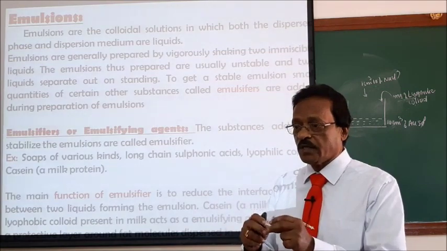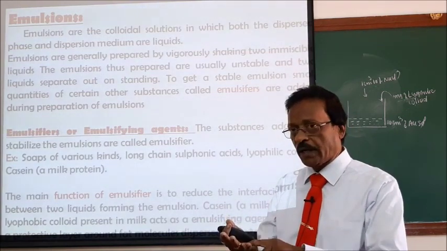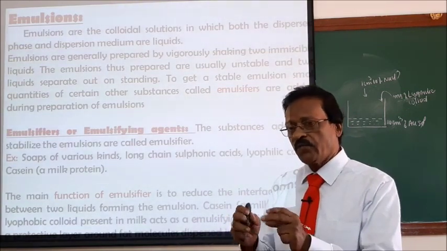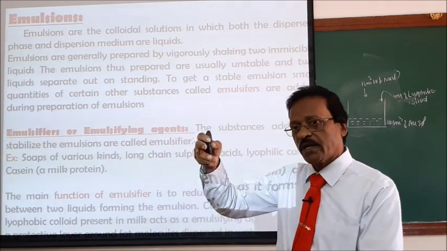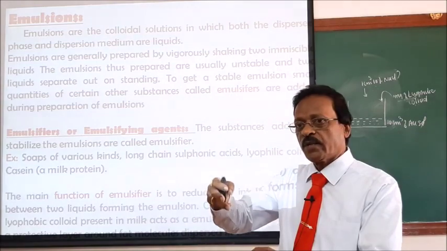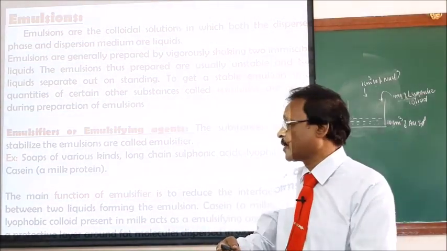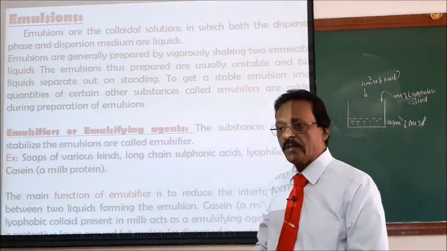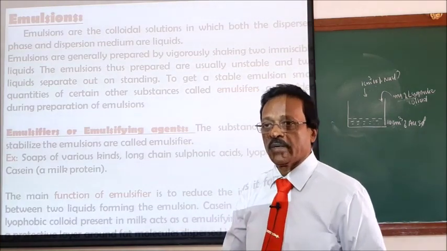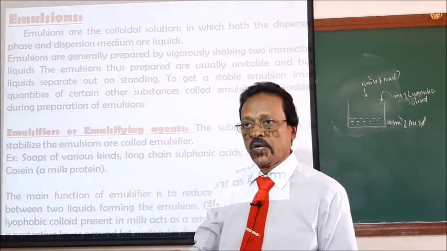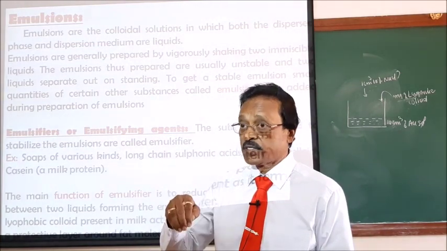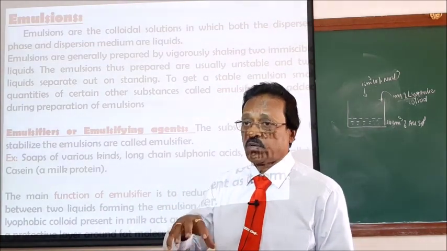They are not miscible. Suppose you take water, you put oil, you shake it, it forms an emulsion. They mix together, but if you keep it for 1 minute, they will get separated. But for all practical applications, you have to make the emulsion more stable. Suppose you take the example of milk. Milk is an emulsion. Why is milk stable? You can put any amount of water in the milk, it will not get separated. Why? Because there is a stabilizer. So to keep the emulsion stable, you have to put in a stabilizer.